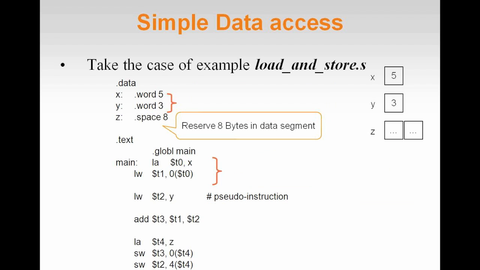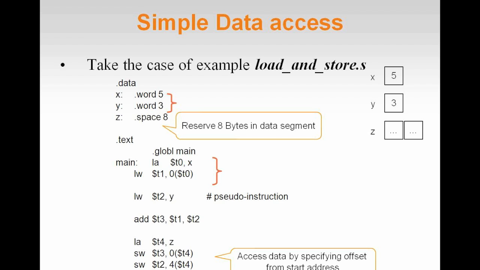Now suppose that we add X and Y and want to store the sum and the value of Y in the two 4 bytes location available for use at Z. In this example, what we do is that by loading the base address of Z in register T4 and then specifying the byte offset in the store word instruction,